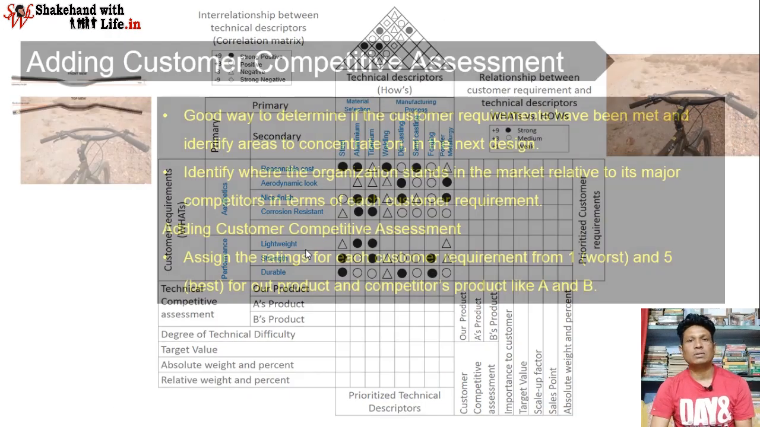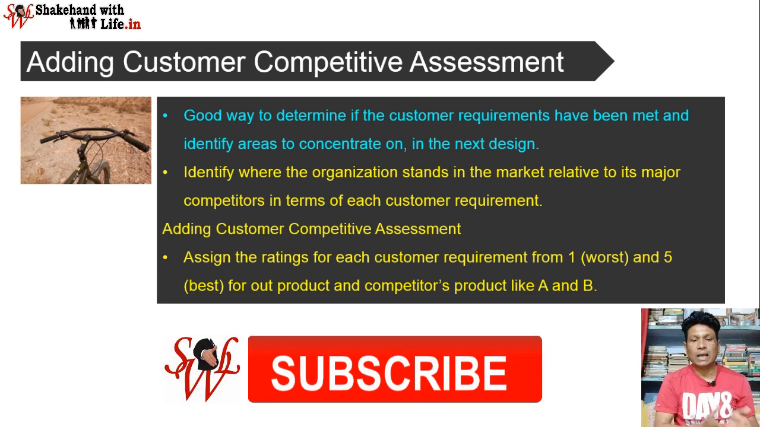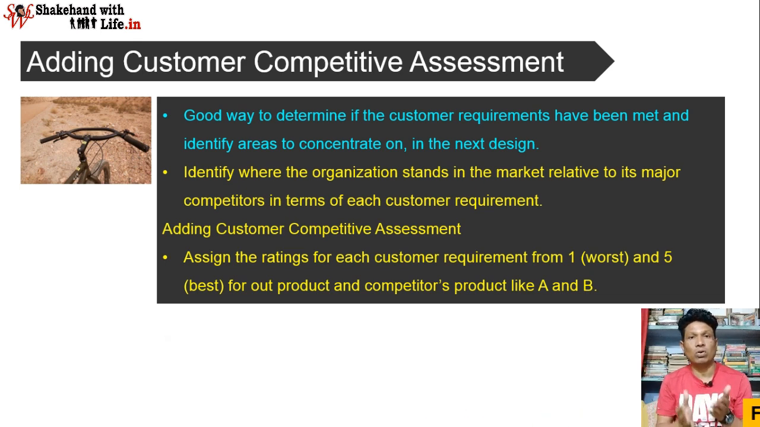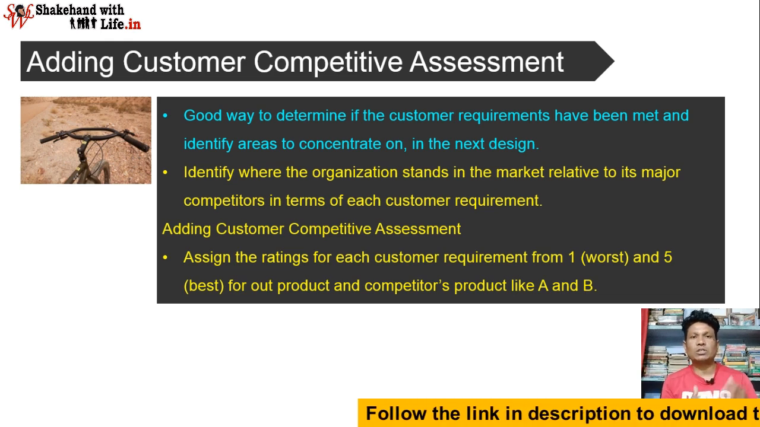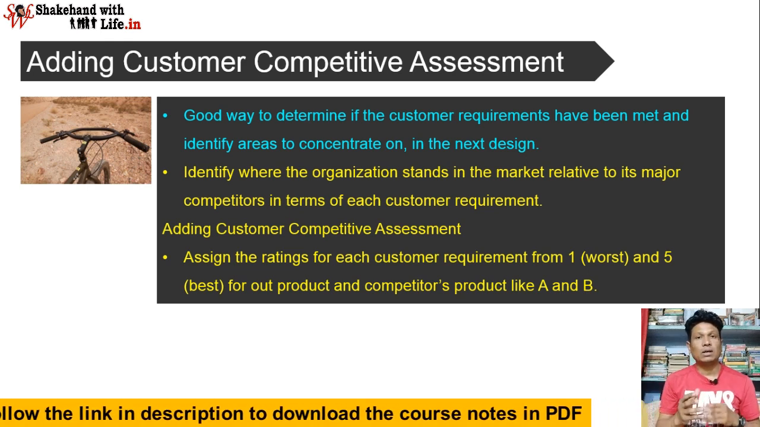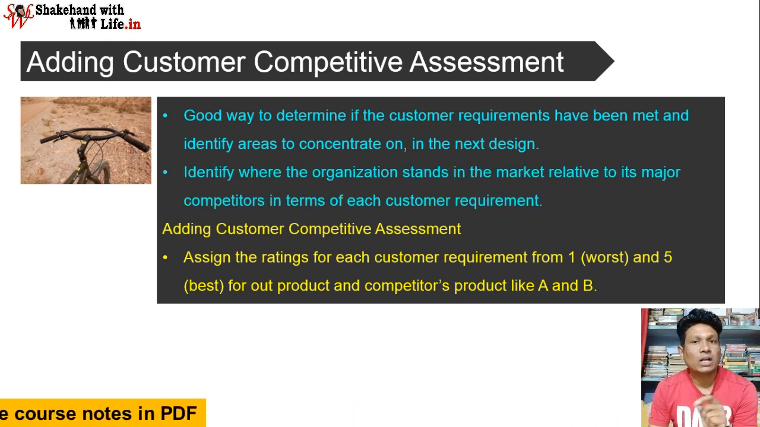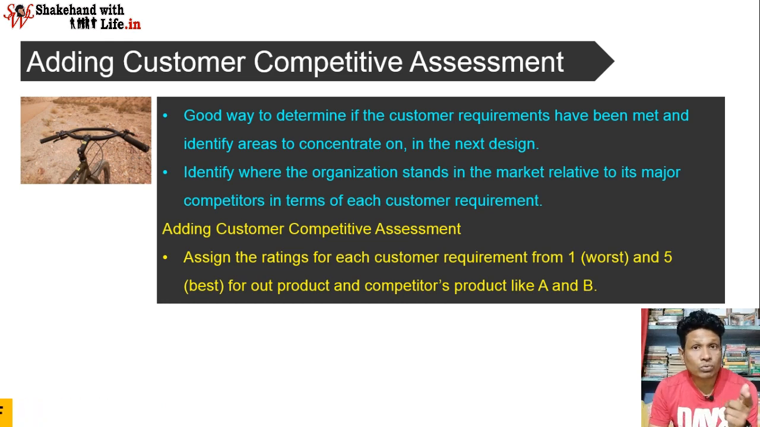So how do we do that? Let's take a look at that. Adding customer competitive assessment to the house of quality. Why do we add this customer competitiveness to the house of quality? It is a good way to determine if the customer requirements have been met and identify areas to concentrate on in the next design. That means we are confirming that the customer requirements are being met and where we need to concentrate on in the next design, and to identify where the organization stands in the market relative to its major competitors,